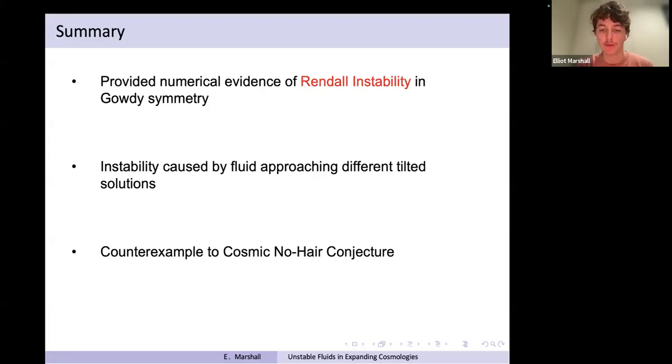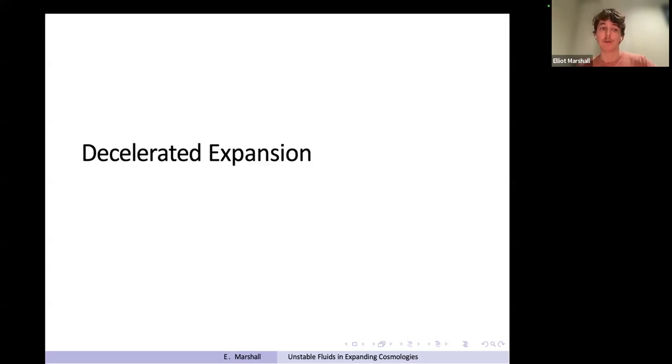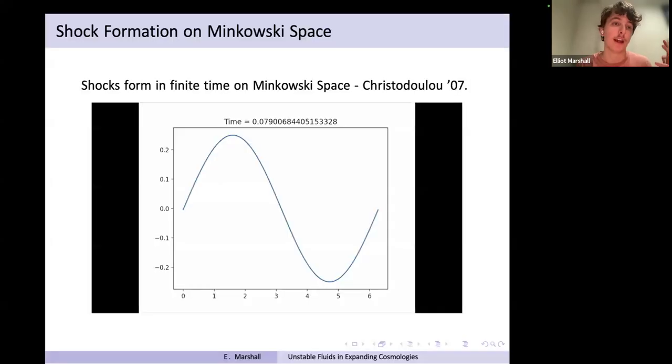Okay, so that was the first thing I wanted to look at: perturbations of these accelerated FLRW models. But the other case that I want to look at, which is in some sense the more difficult case, is these decelerated spacetimes. So sometimes we'll call these slowly expanding models. It's only recently that people have started to get rigorous results in this case and start looking at this numerically. And in particular, it's because in these spacetimes you often expect shocks to form, which is, of course, much more difficult to deal with analytically.